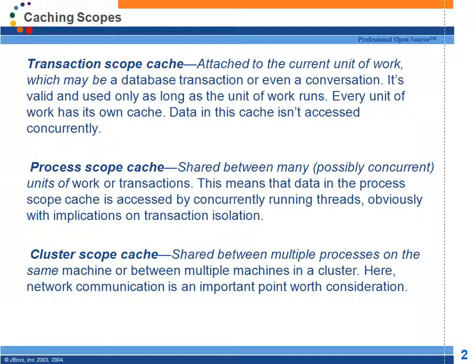Second level cache is not enabled by default. I'll talk about this. Anyway, let me answer the question. Second level cache is not enabled by default. You have to enable it selectively. And even if you enable second level cache, and you have some 20 entities in your database, second level cache will not be enabled for all 20 entities. You have to specify for each class, for each entity, whether second level cache is enabled or not.